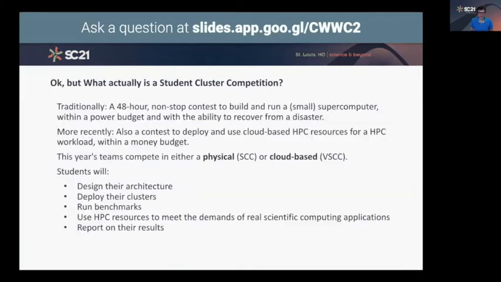Okay, but what actually is it? So traditionally, the student cluster competition has been going since something like 2008. So we've been going for more than 10 years now. And traditionally, it's a 48-hour non-stop contest to physically build and run an admittedly small supercomputer, but a supercomputer,